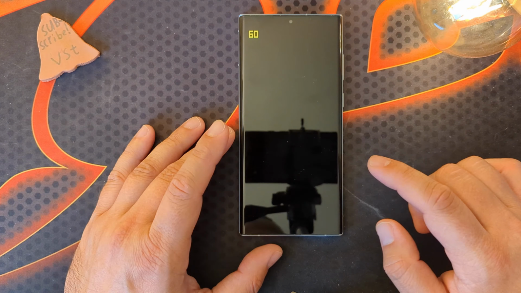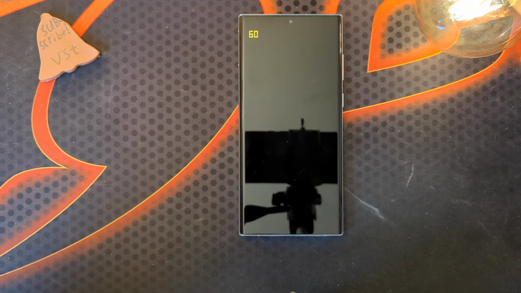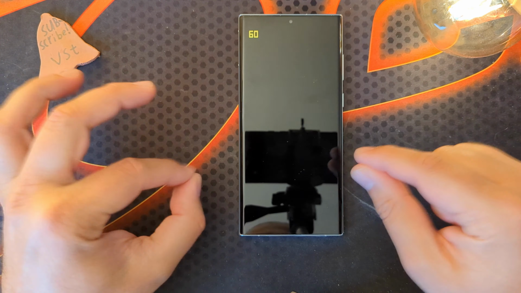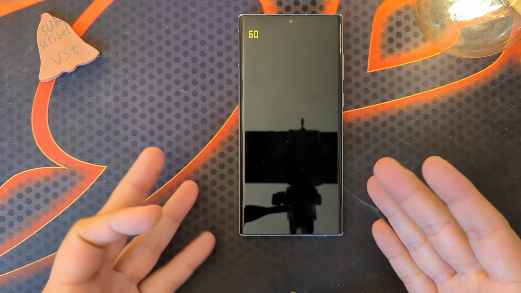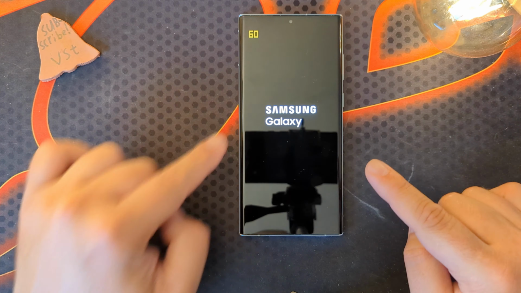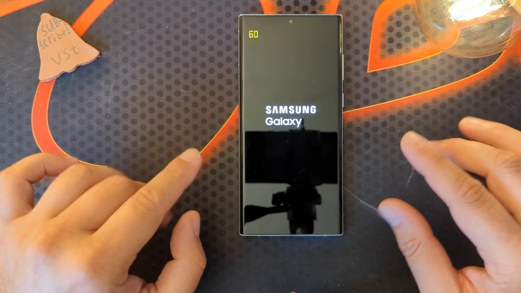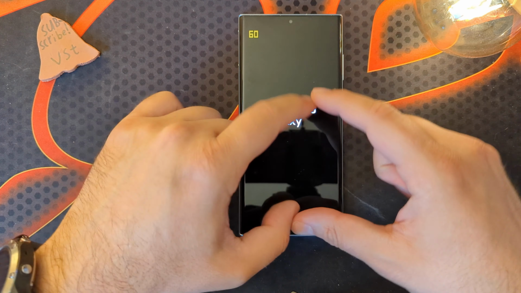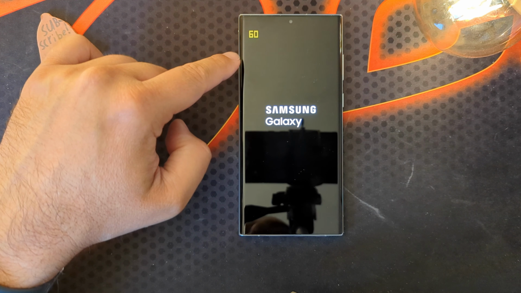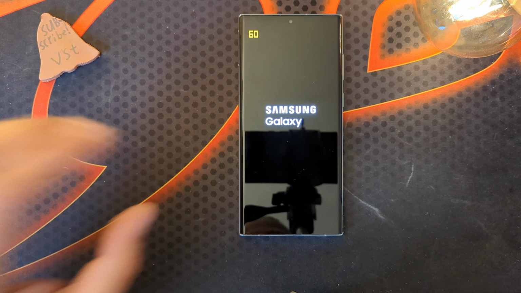Okay, you see? Oh my God, here it is, guys. Here it is. Now my phone is going to restart. That's what I was saying, guys. Don't do this here. See, don't do this at home. Because right now I will probably experience the same frustrating issue. See, now my phone is restarting itself and still I have here this leftover from